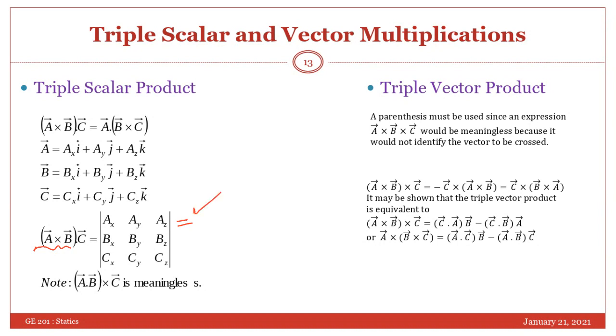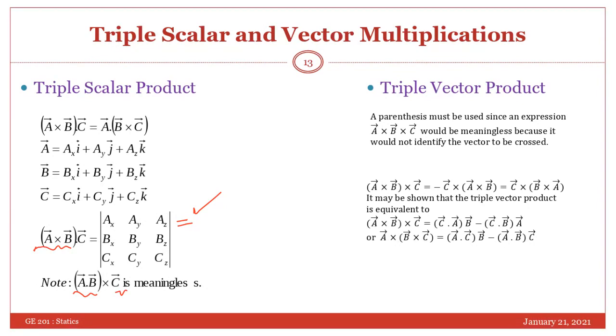Here it is written vector A dot vector B cross vector C is meaningless. That's true because B cross C will be a vector, and A dot it gives a scalar, which is then simply a scalar multiplication to the vector. So it means simply the magnitude of vector C will increase or decrease. If it is less than 1, it will be decreasing. Okay.